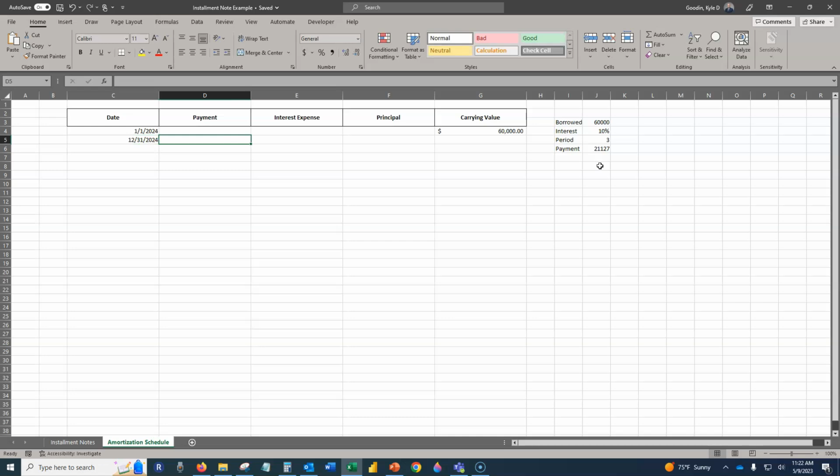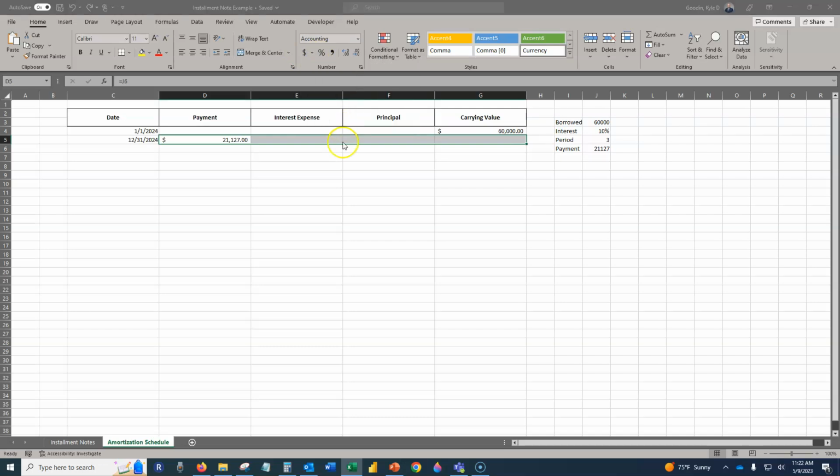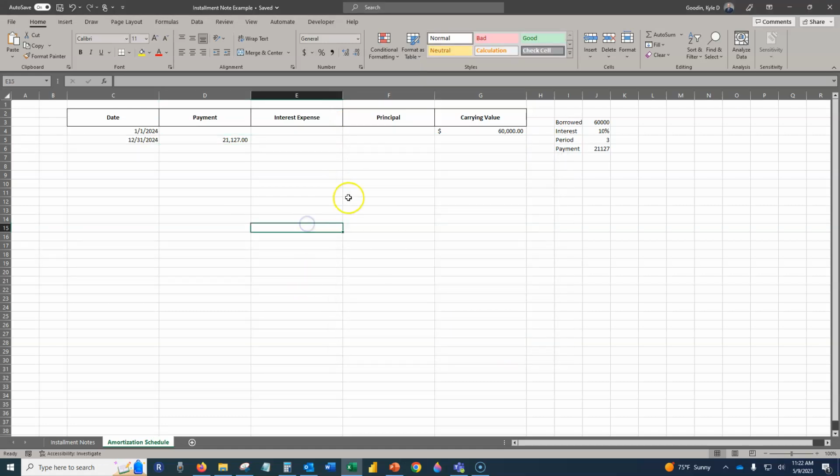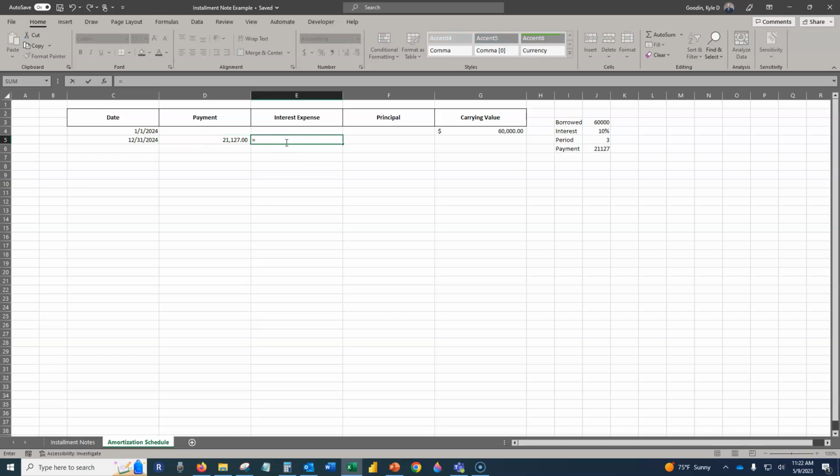We know how much the payment is, right? $21,127. So I'm going to go ahead and format these as accounting as well, but I'm going to go to more accounting formats, and I'm going to select none for the symbol. And then I've got to calculate the interest expense. Well, the first one's easy. It is simply the amount,